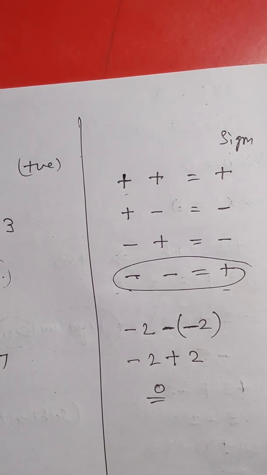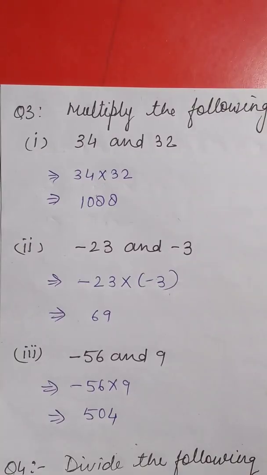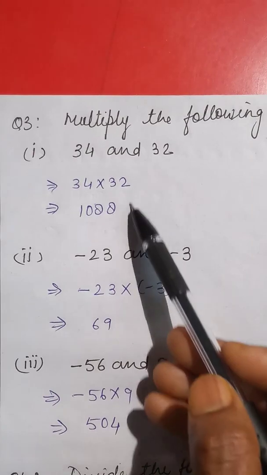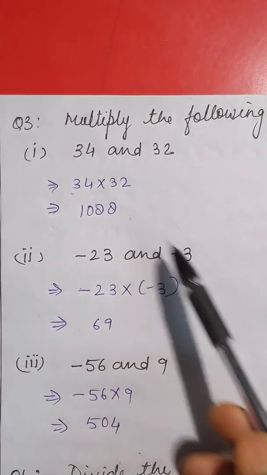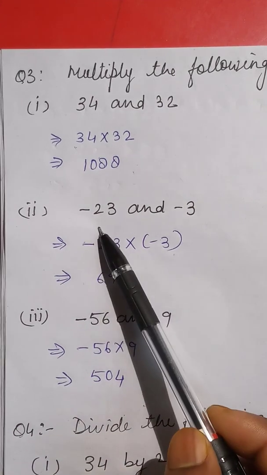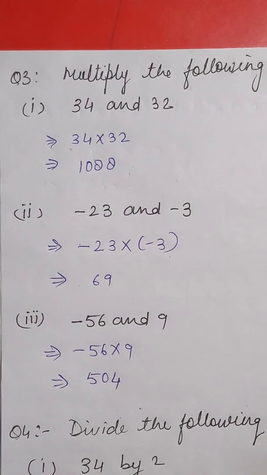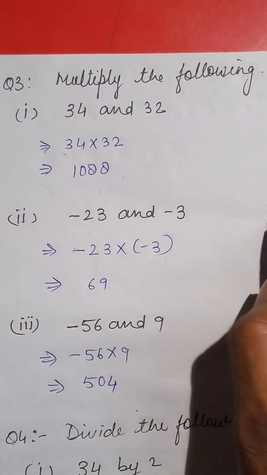Now the multiplication of integers, by taking an example. How will you multiply 34 and 32, like the simple one, 34 into 32? But what happens when we multiply two negative integers? Suppose -23 and -3 are the two negative integers, then if you have to multiply these,